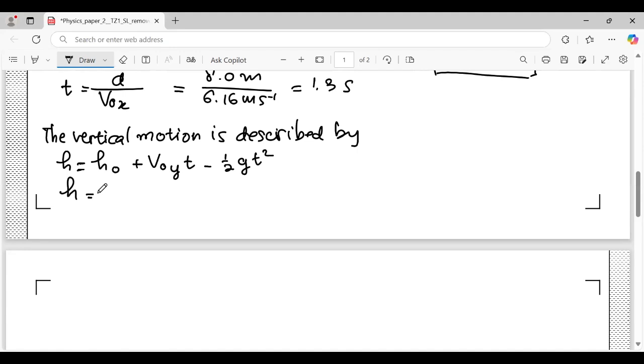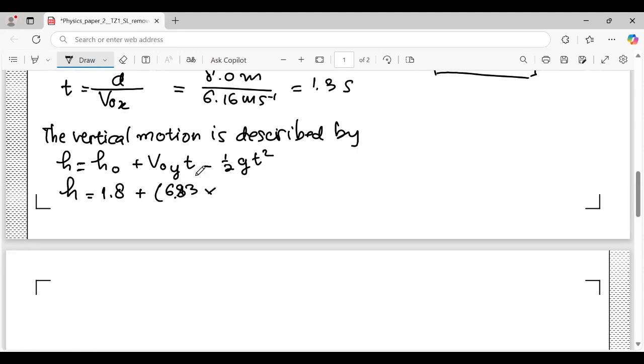So h, or height, equal 1.8, this is the initial h, plus